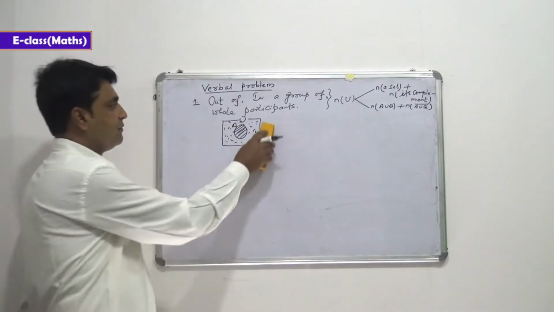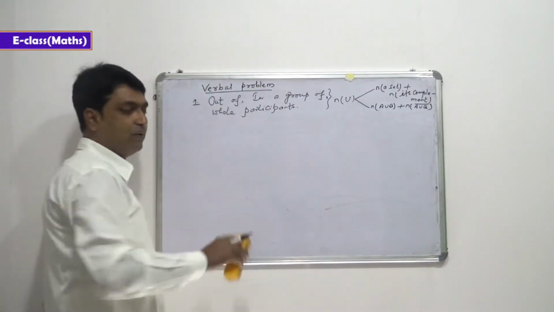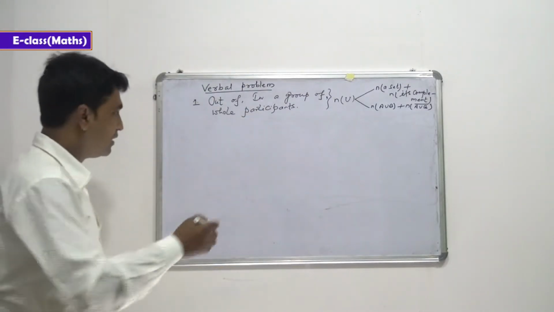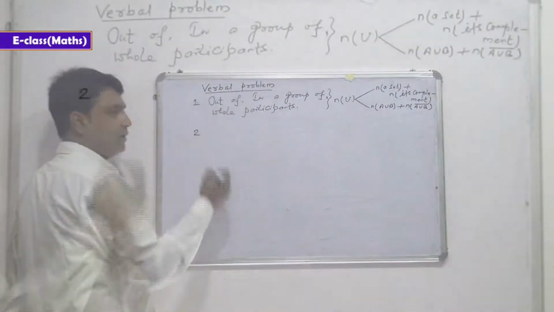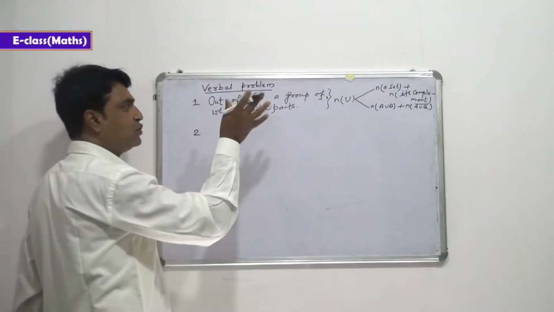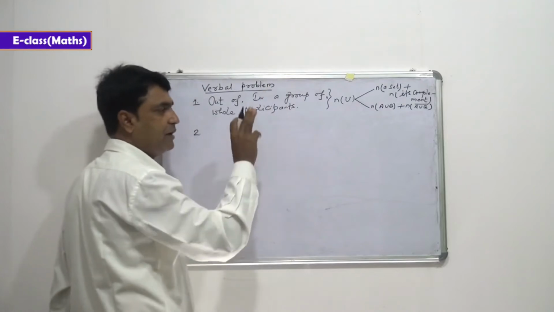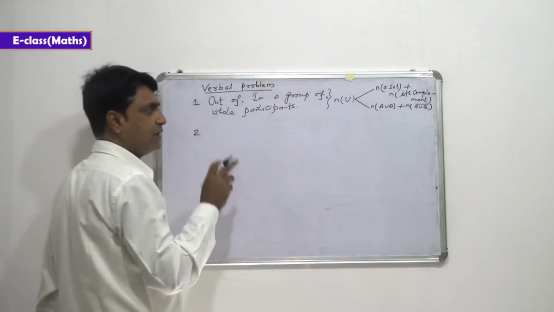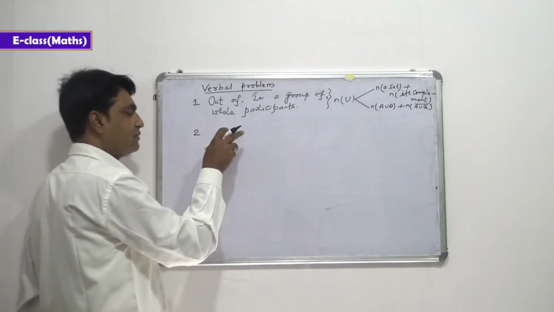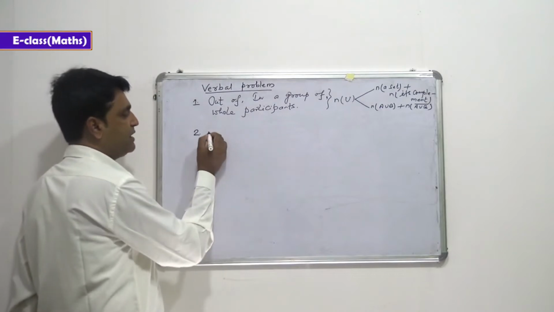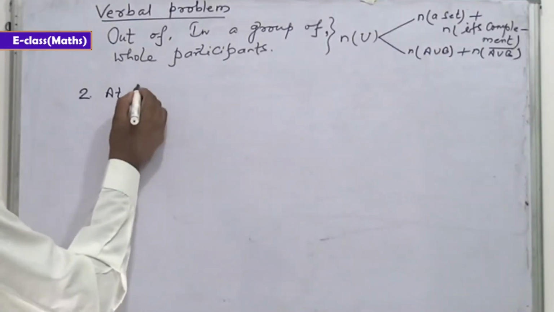Next one, in set language, you will find it written this way. This is very common. What is that? If I consider two non-empty sets, A and B, A and B are two non-empty sets. So considering A and B, we will write here at least